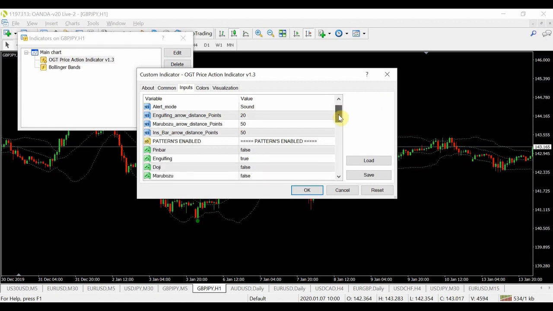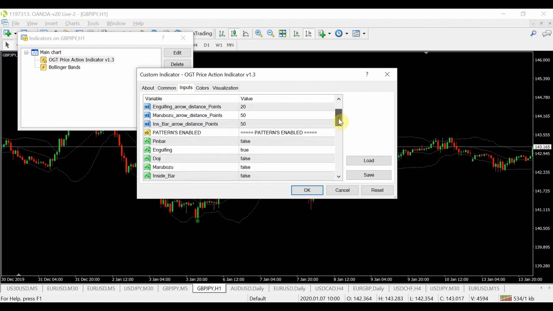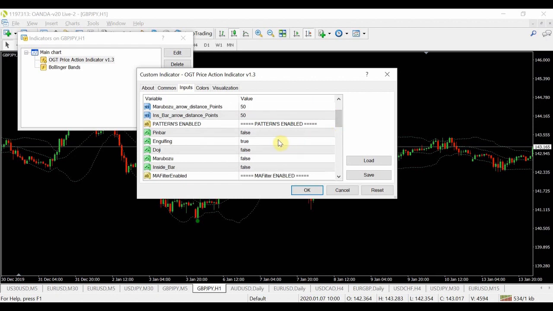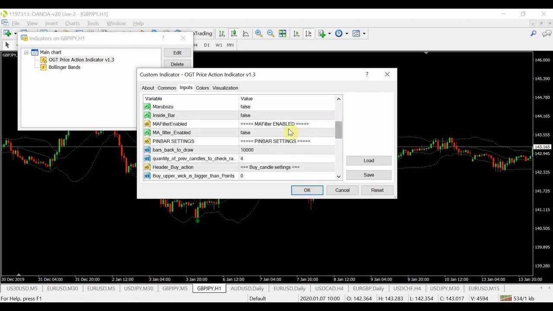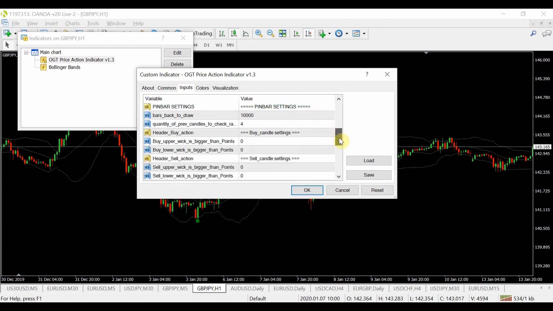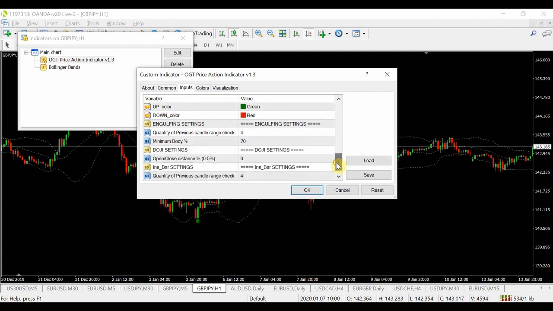So again, the template will be below, so you don't really need to go through all this, but for those who are interested, you select true for the engulfing bar, and you take the MA filter off, so therefore we're looking at signals, whether it's buy or sell, trend or reversal, etc. It just shows you every single signal that there is, but I'll show you the additional indicator I like to add to really pick out those reversal engulfing bars. If we then scroll down to engulfing bar, the only change is the quantity, from 2, which was from a trend trading perspective, we changed it to 4. So therefore you will get a lot fewer signals here,